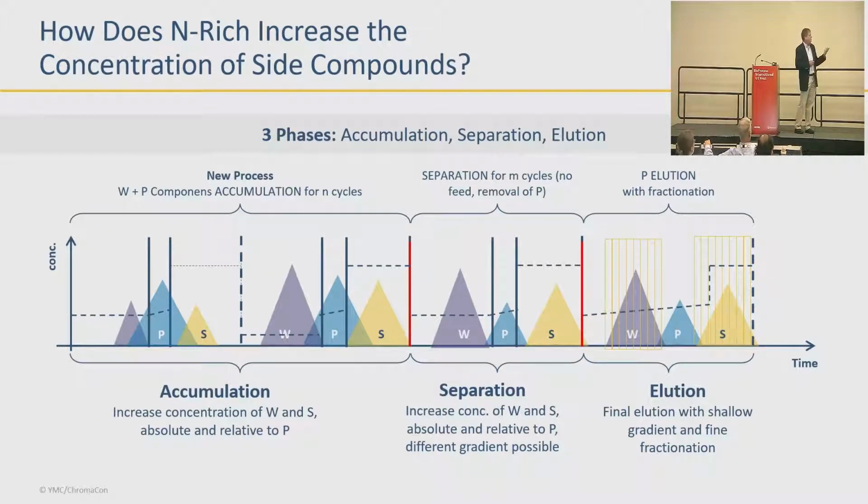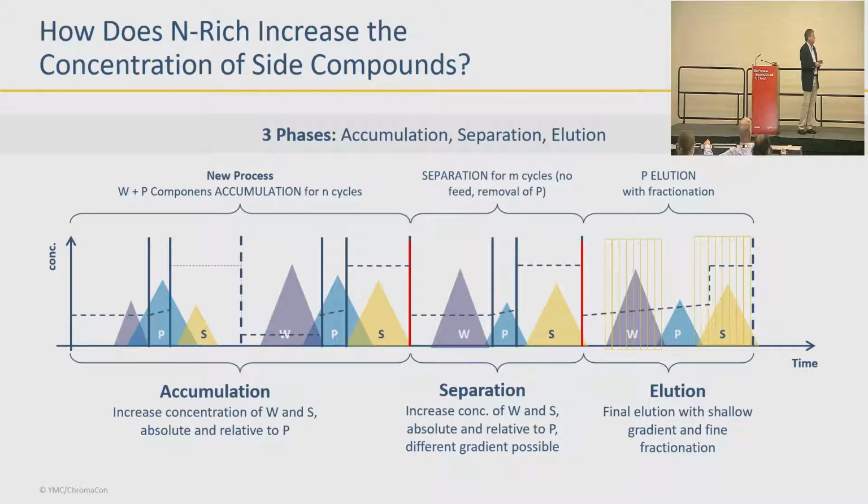So in the accumulation step, we're adding material, we're getting rid of the center cut, the peak itself. That's why in the next set over, the W triangle and the S triangle are getting bigger as those are accumulating, because we keep getting rid of the, I guess we have a laser pointer right here. So we're getting rid of this section right here. These are growing because this one is going down as the ones that we cycle back and forth accumulate